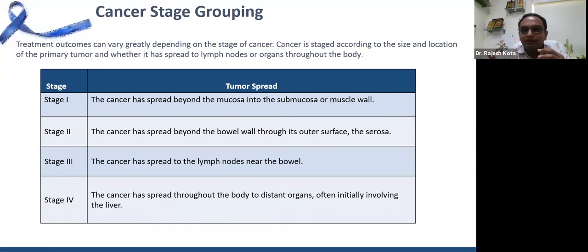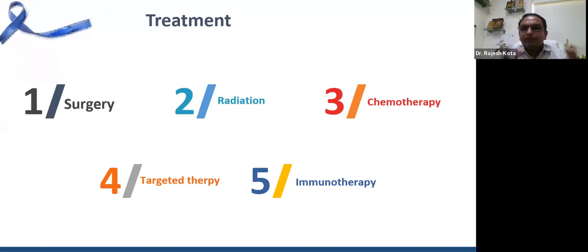give medicines. Those are chemotherapy drugs, targeted drugs, sometimes immunotherapy drugs, to palliate the symptoms of the patient and to prolong the life of the patients. So these are the various modalities of treatment. Surgery, as I said, is resection or removal of the tumor surgically. Radiation, as I said, we give to rectal cancers. Those are high energy X-rays directed against the cancer cells. Third one is chemotherapy, where we give tablets or injections into the blood, where the drug will travel in the blood and reach the cancer cells and try to kill them.